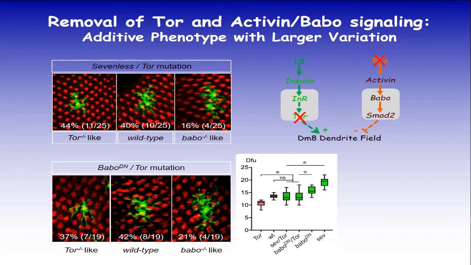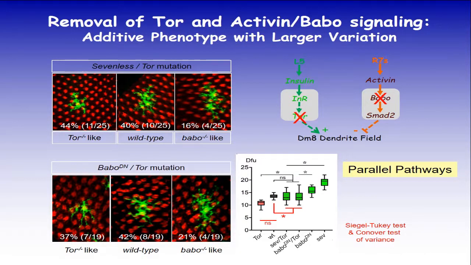So the long and the short story is that they do have an active effect. That means that if you remove both pathways, they look a little bit more like a wild type, that is in average. And genetics would say they function in a parallel pathway. But surprisingly, even when you have an average size similar to the wild type, you show a much larger variability in here. Okay, and we can carry out additional statistic tests to show that indeed there's a difference in their variance, suggesting that the reason why you need to have this kind of yin and yang expansion and contraction regulation is to actually generate a robust size of the dendritic arbor.